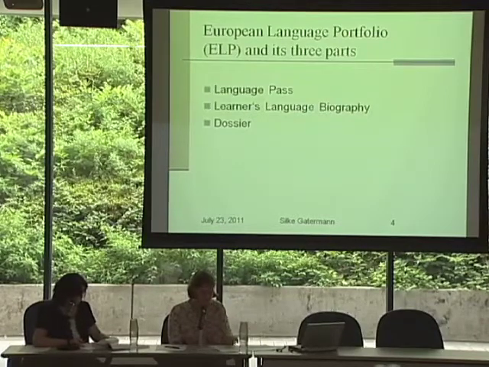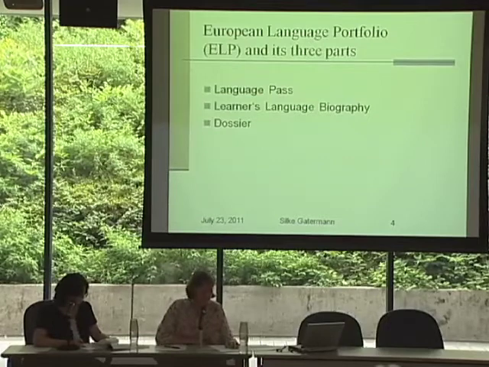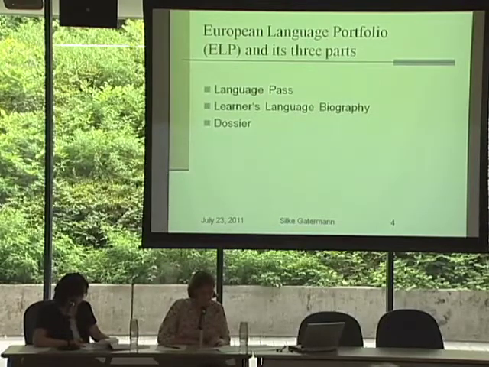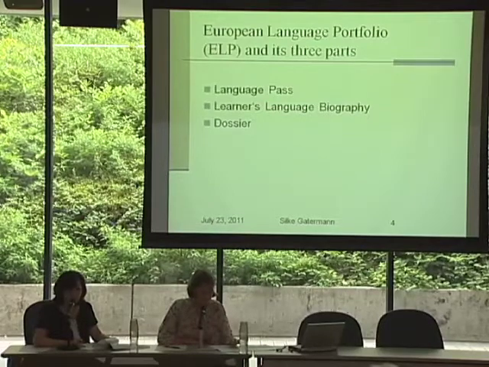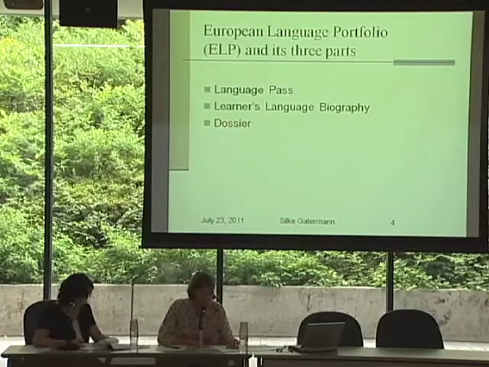Although the three parts, biography, dossier, and pass, serve as a common framework, there are a lot of differences